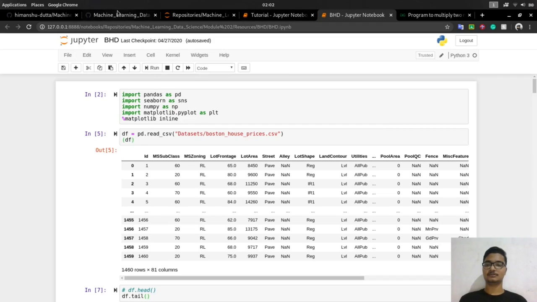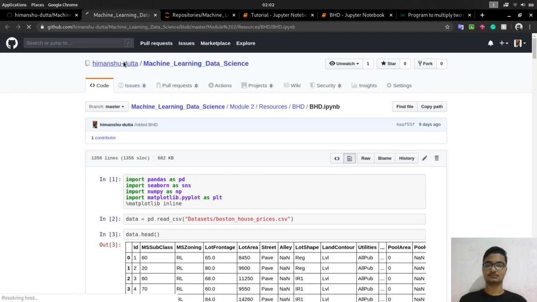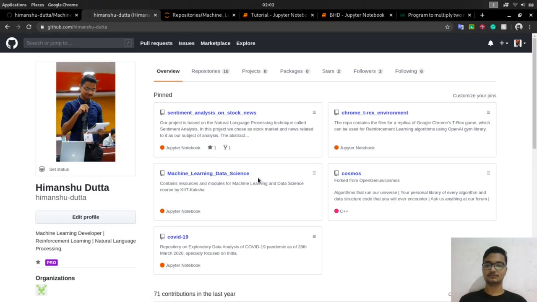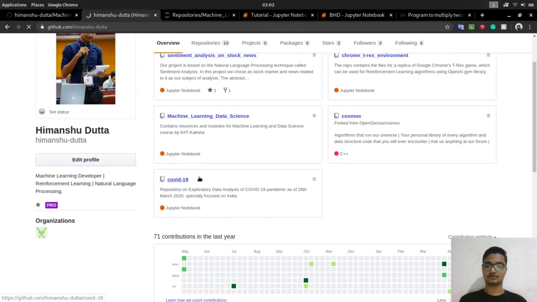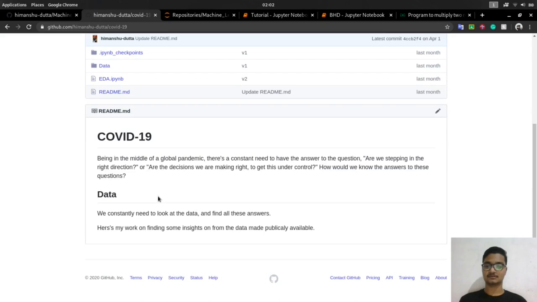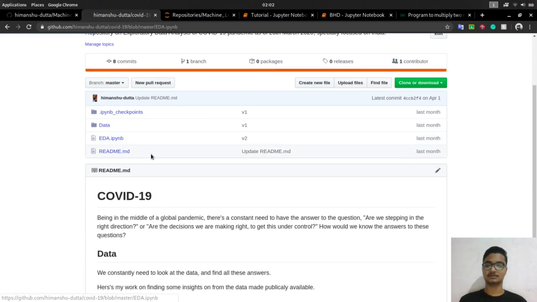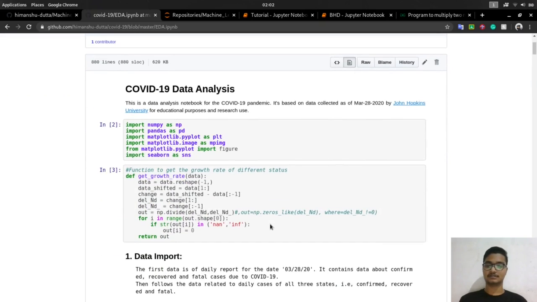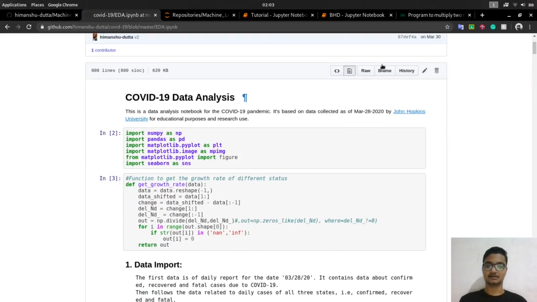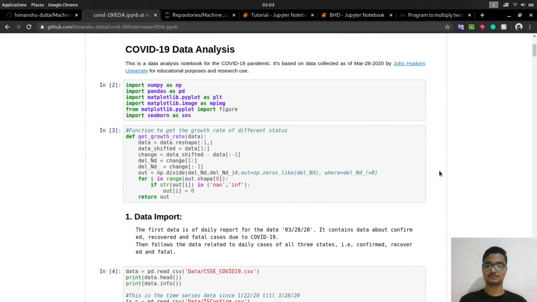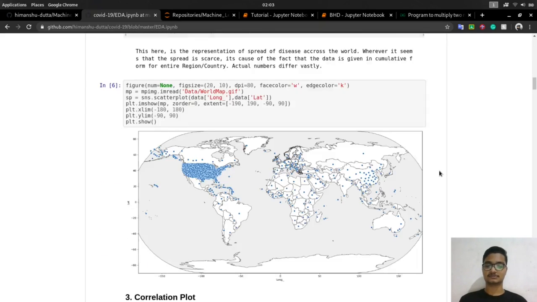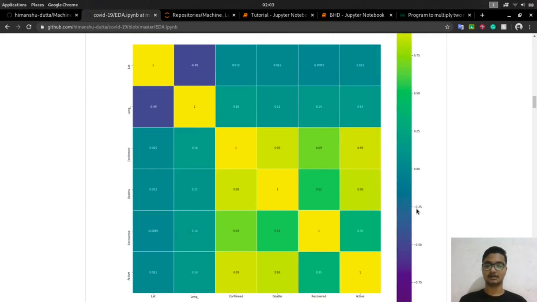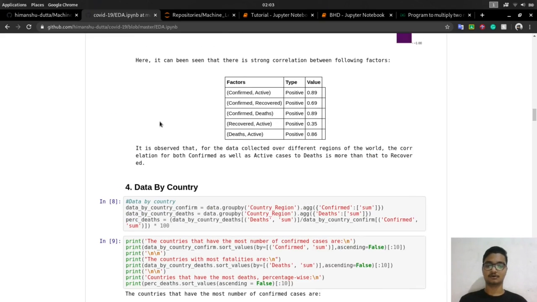So I have one another project that I would like you to take a look at. If you go to my repository and look at the COVID-19, this is a very recent project, not something to be called a project, but just a simple analysis of coronavirus that is currently quite hot. You can take a look at that over the data that is publicly available by John Hopkins University, and what all operations I have performed, how I have mapped, and correlations, and all the analysis part